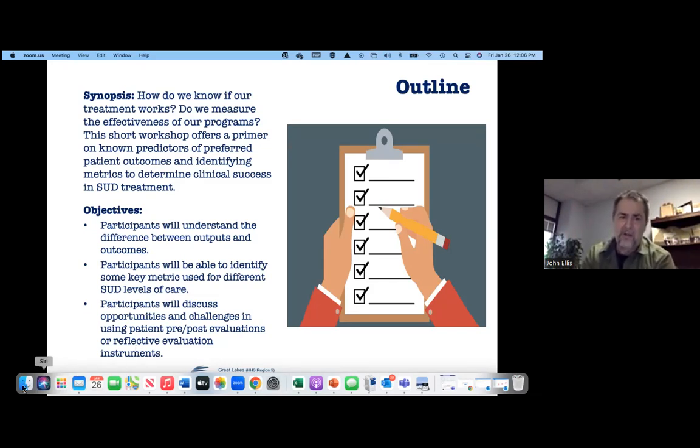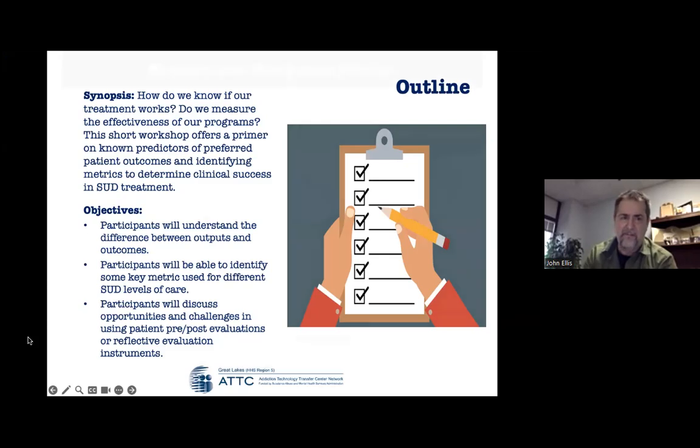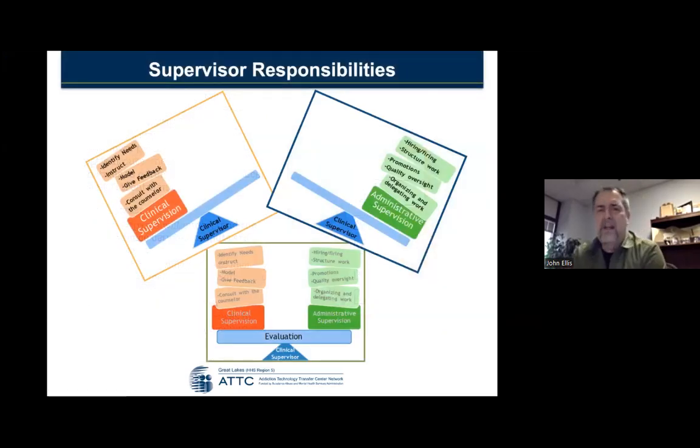So going to the next slide here. First thing, with any clinical supervisor, your responsibilities are twofold. You really have two jobs. One is administration, and one is going to be clinical. If you work at a large agency, you might find that your job bends heavily towards the administration. But it's really clinical supervision or clinical mentorship that we need to help people hone their skills.